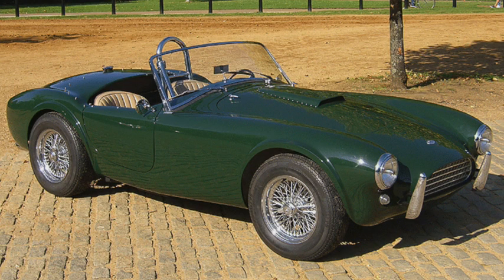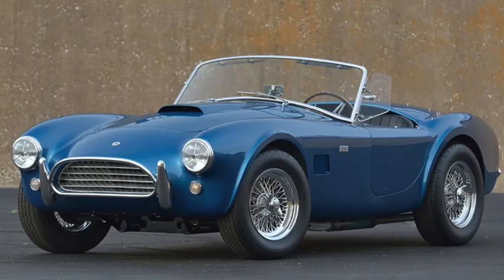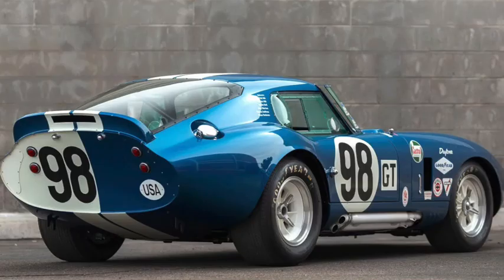Then the engine grew to a 4.7-liter 289, increasing output to 275 horsepower, and the car would replace the AC Ace as the AC Cobra. The Mark II cars of 1963 modified the front end, adding rack and pinion steering from the MGB and a Volkswagen Beetle steering column. And in an effort to improve top speed, a more aerodynamic Shelby Daytona Coupe was created. It was longer at 163 inches and a similar 2,300 pounds, adding more wins to the Shelby brand for 64